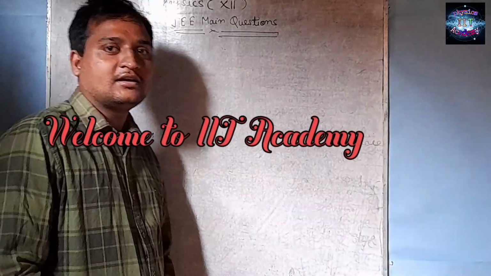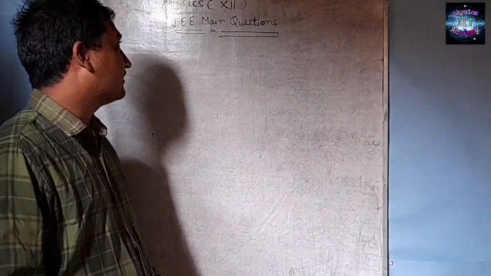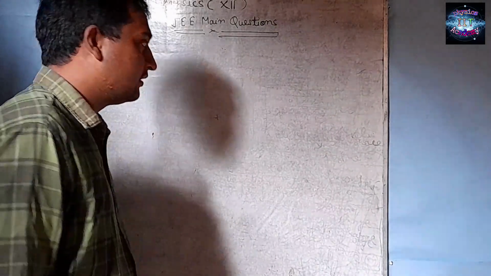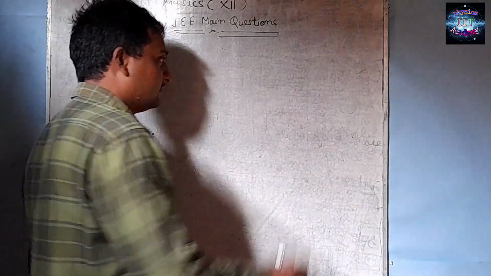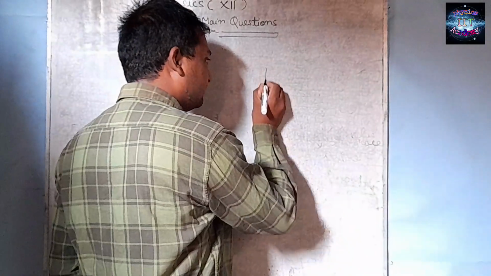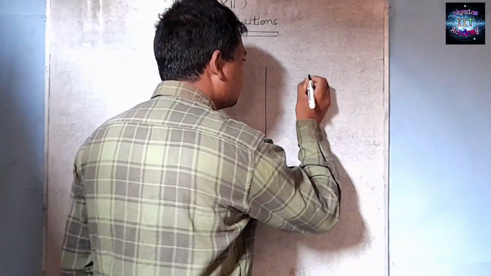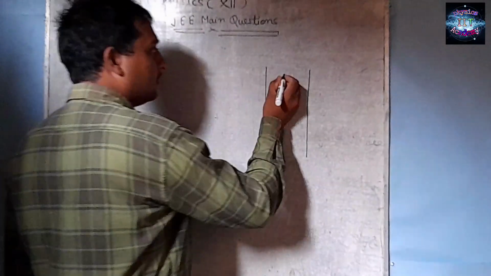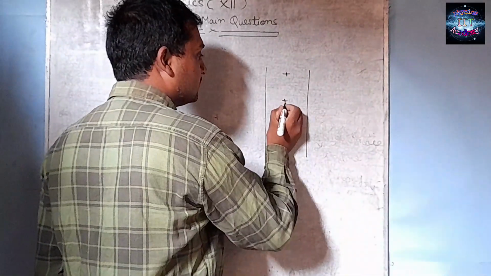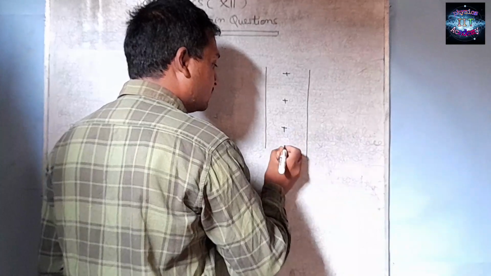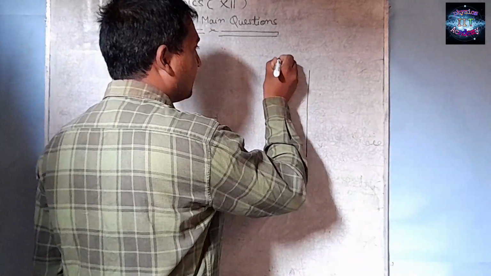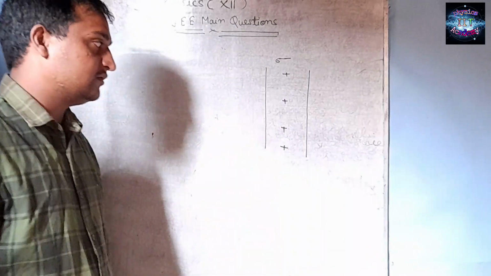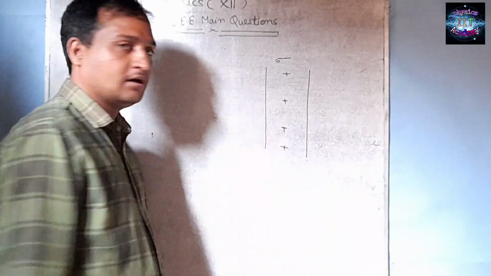डियर स्टूडेंट, आज कुछ जेईई मेंस के क्वेश्चन को डिस्कस करेंगे। इम्पोर्टेंट क्वेश्चन है, उनको आज डिस्कस करेंगे। नाउ द क्वेश्चन इज दिस, क्या है? This is a plane sheet having the positive charge and the surface charge density of the plane sheet is sigma.